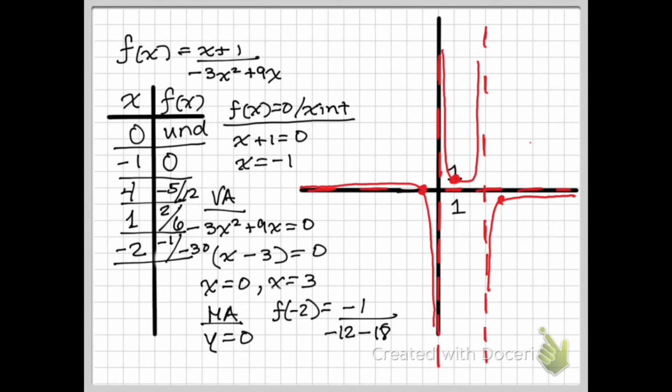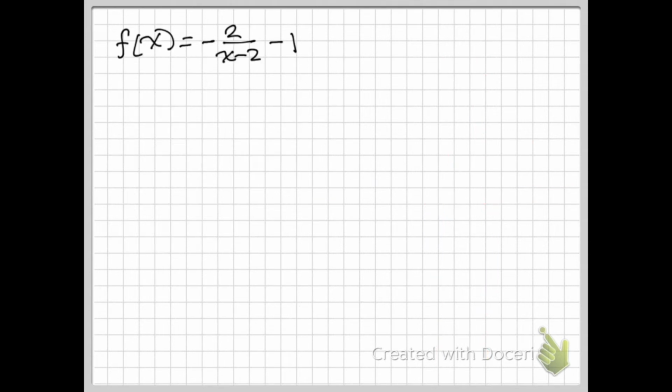Okay, so let's move on to another one that I want to look at here. Okay, so this is going to be another rational function. This is a fun one. We see that it looks in this form. It's in a form that seems manageable if I just start going through the process. So if I just set up my table of values,